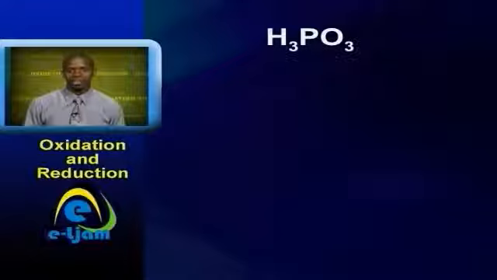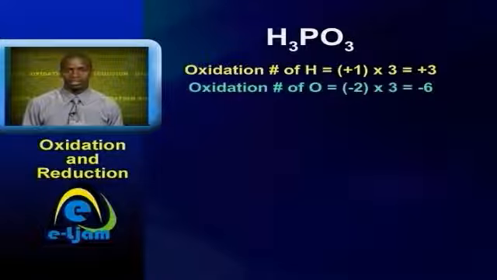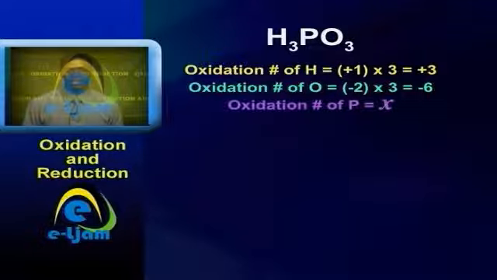Calculate the oxidation number of phosphorus in phosphorus acid, H3PO3. Oxidation number of hydrogen is +1 times 3, which is equal to +3. Oxidation number of oxygen is -2 times 3, -6. Assuming the oxidation state of